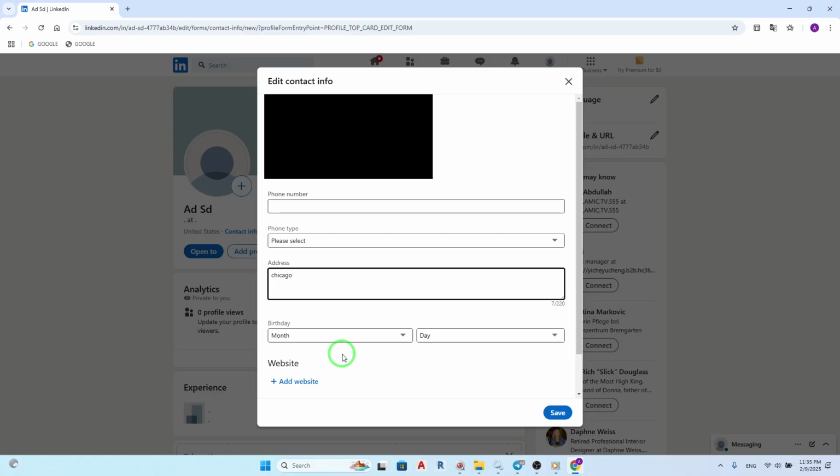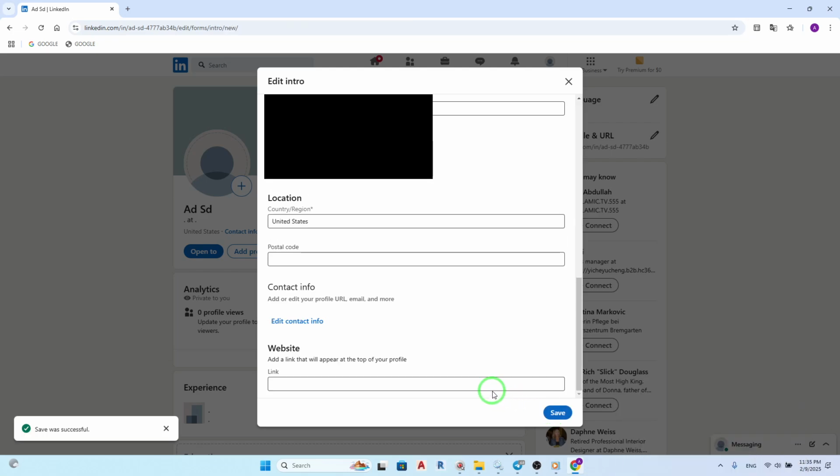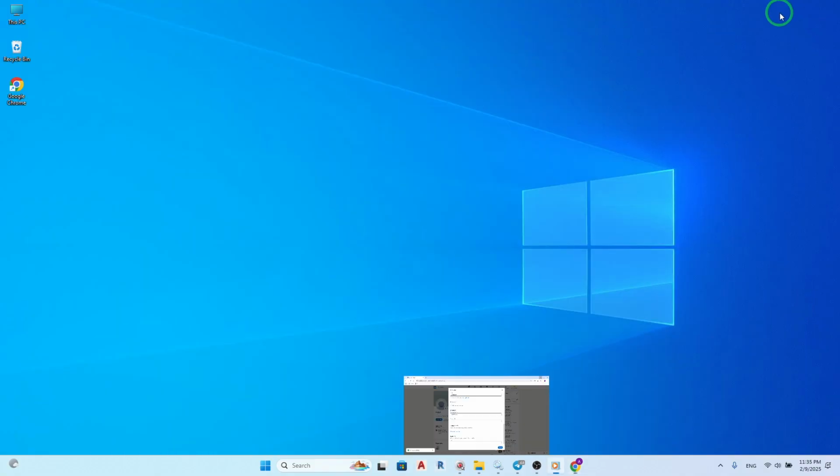After you're satisfied with the information you've entered, click the Save button at the bottom of the window. And that's it. You've successfully added your address to your LinkedIn profile using the updated process. Adding your address can help enhance your professional network and make it easier for people in your local area to